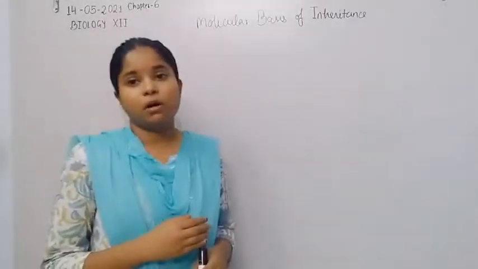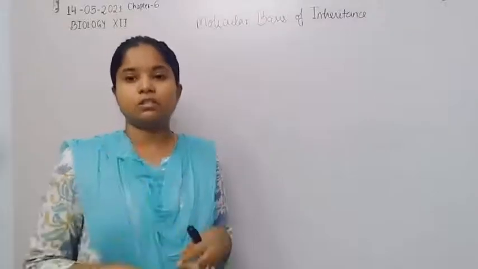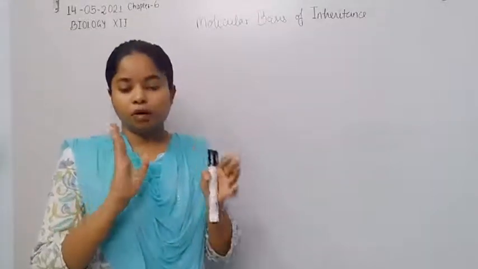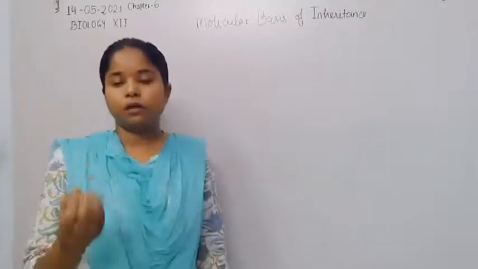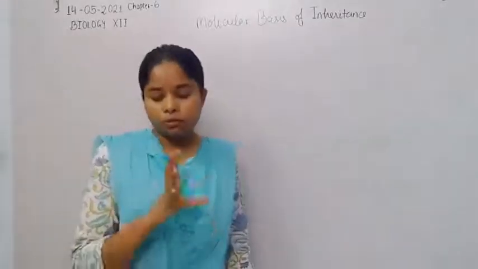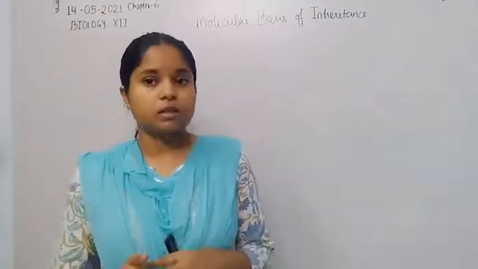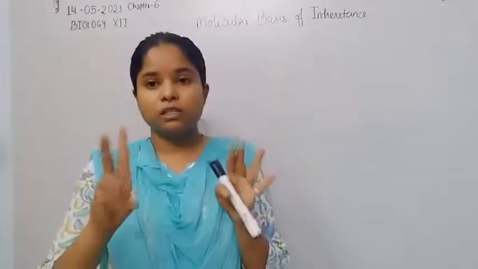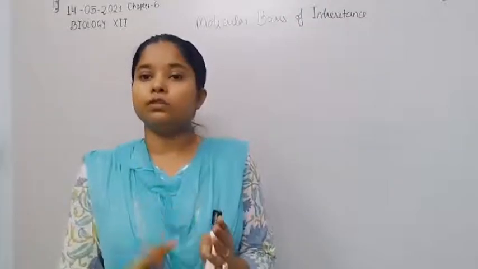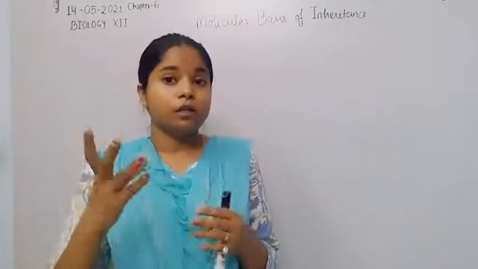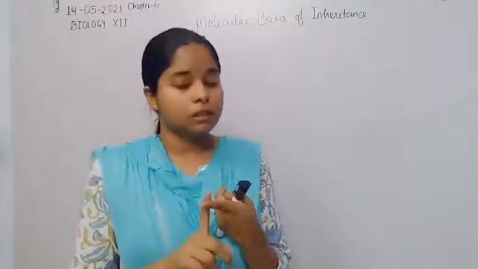So let us discuss today's topic, the experimental proof, because this topic is part of replication. According to Watson and Crick's proposal for replication, during the replication process both strands function as template strands for the synthesis of new strands. So every daughter DNA has one parent strand and one newly synthesized strand.